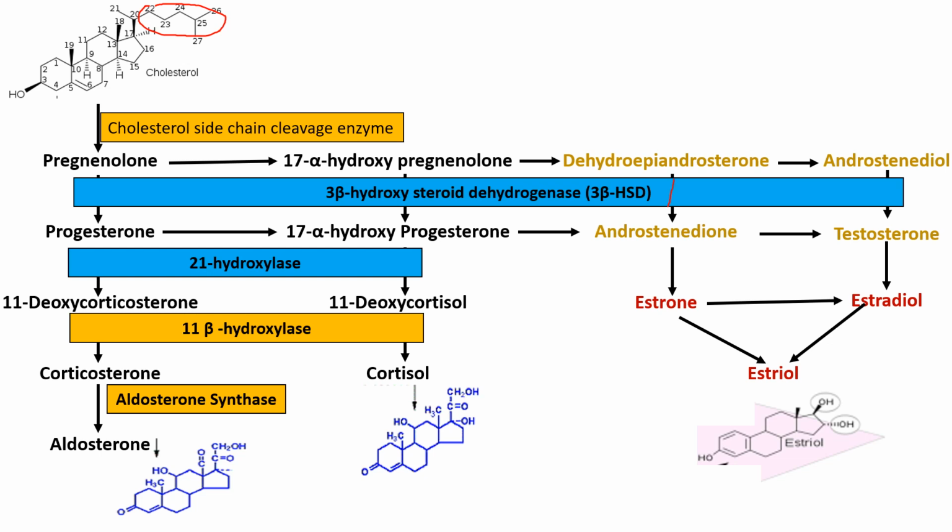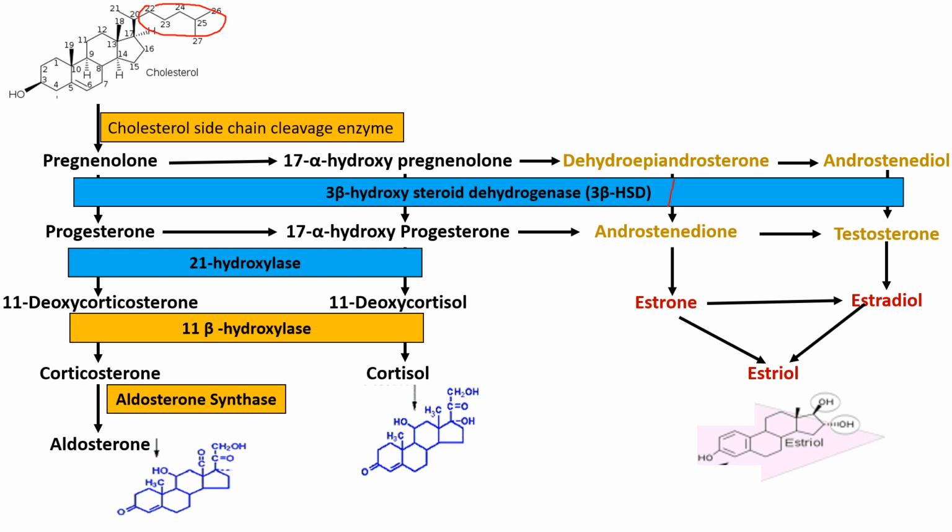androstenediol to testosterone. All four pathways require the same enzyme, that is 3 beta hydroxysteroid dehydrogenase. In short form we call it 3-beta-HSD. Then progesterone is converted into 11 deoxycorticosterone by 21 hydroxylase, and similarly 17 alpha hydroxyprogesterone is converted into 11 deoxycortisol by the same enzyme, 21 hydroxylase. 11 deoxycorticosterone is converted into